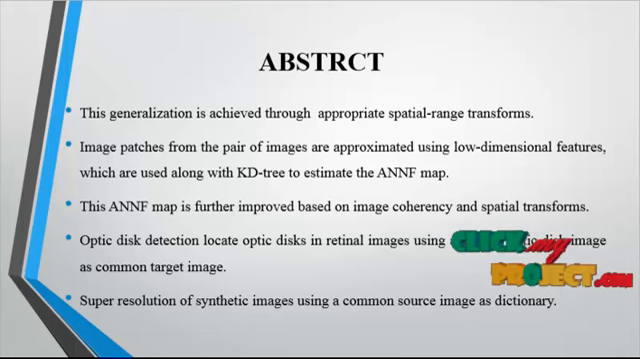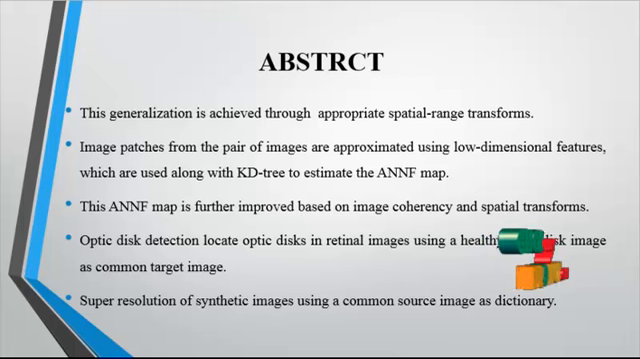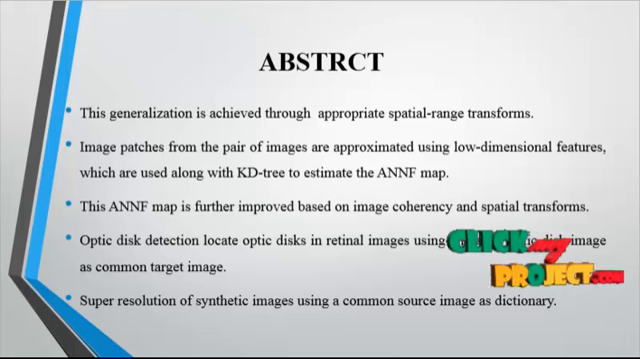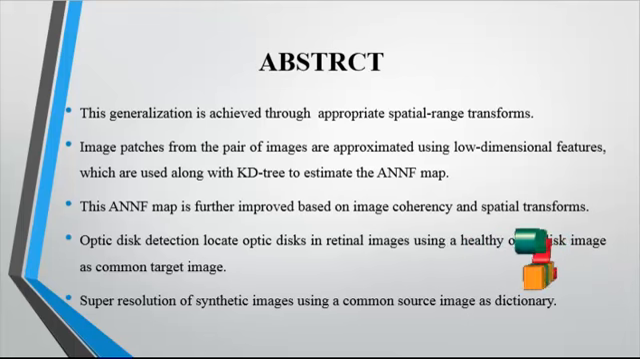The spatial range transform is applied as a range transform on the source image. Image patches from the pair of images are approximated using two low dimensional features, which are used along with the KD tree to estimate the ANNF map. This ANNF map is further improved based on image coherency and spatial transforms. This proposed generalization enables us to handle a wider range of vision applications which have not been tackled